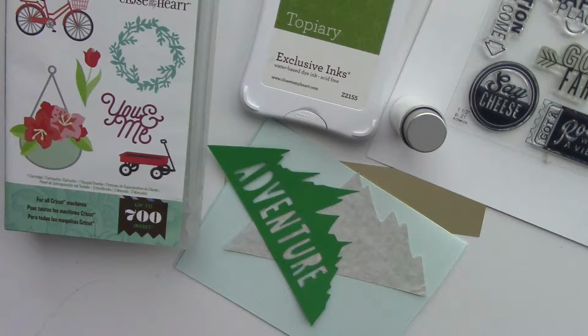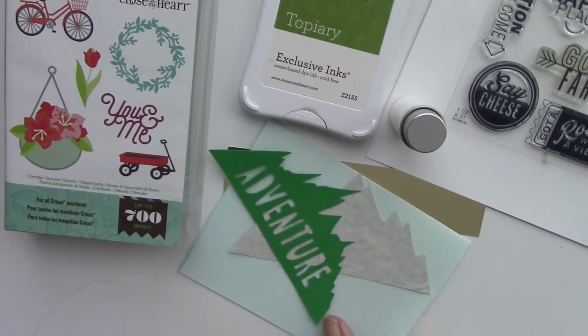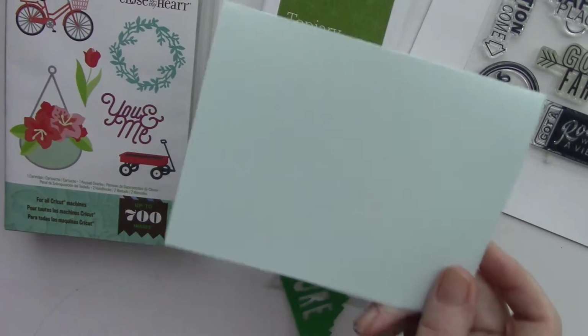Friends, Close to My Heart's Flower Market Go Adventure handmade card is today's quick and easy card and features the adventures image from the Flower Market Cartridge and the Go Far stamp set. The products I used to make this card include the Sea Glass, brand new from Close